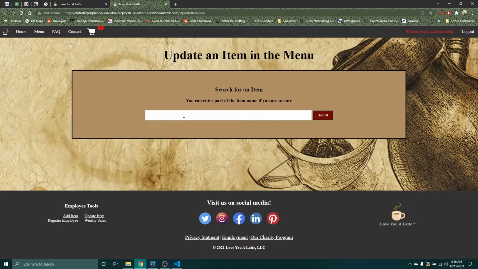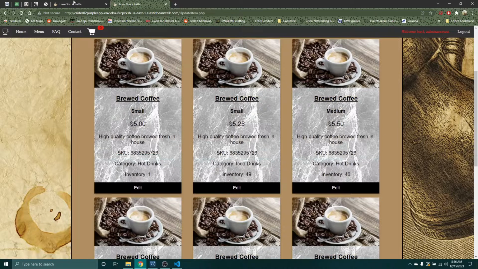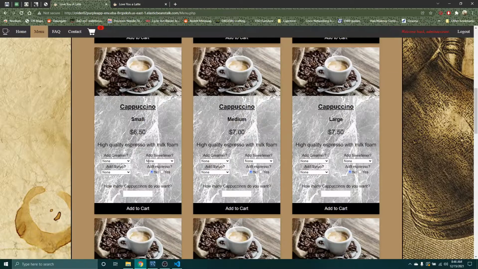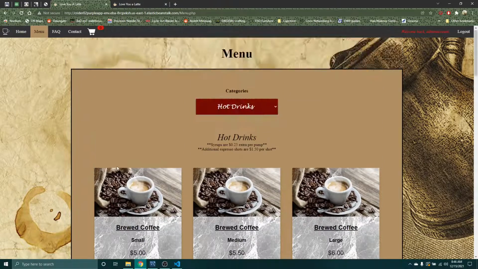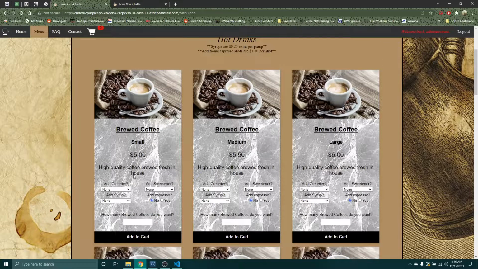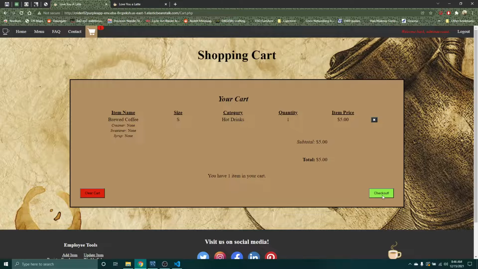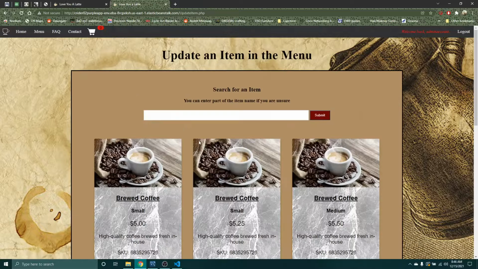So we'll see how that works. So this brewed coffee, small. We're going to add a small brewed coffee, and that is hot drinks. So we're going to add this coffee. Very simple, just one coffee. So now